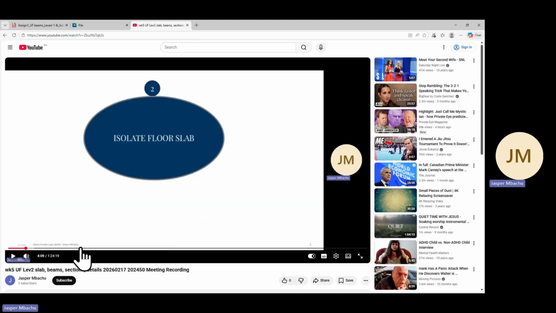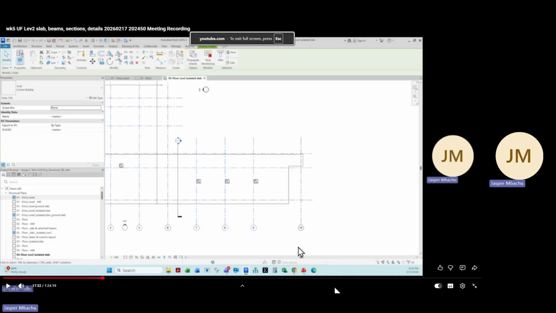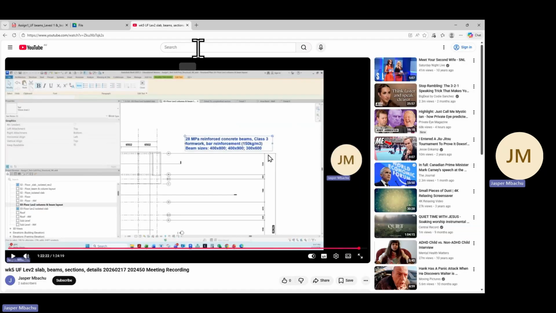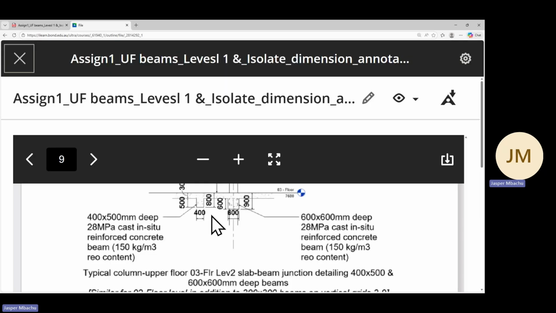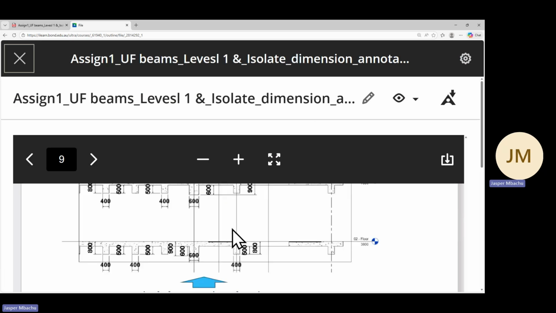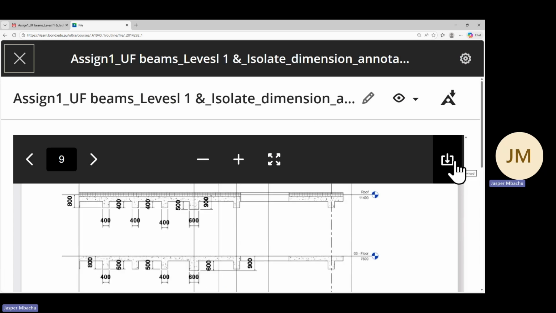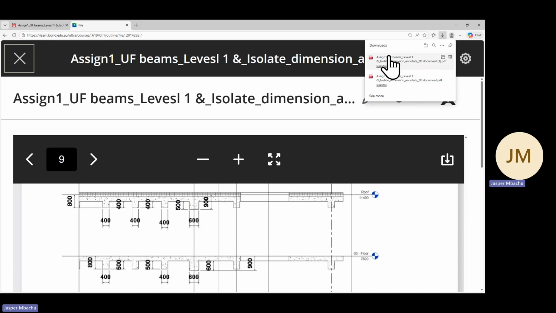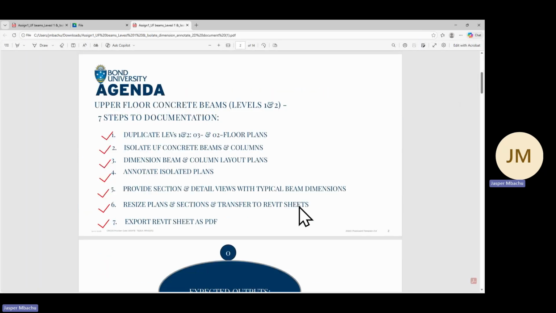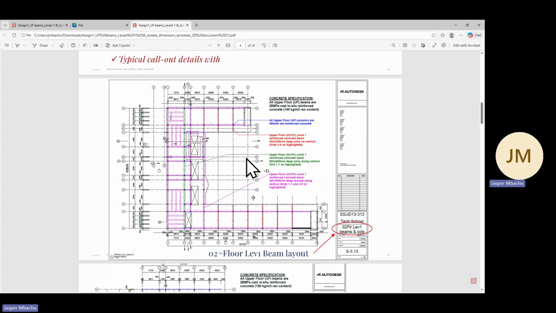Sorry, let me just see. Sorry, it may not be here. It's not this document, sorry. It's in the other document. If you need advice on how to get this documentation. Last week, we started it, but I don't think we finished it. But from what we've done, you should be able to